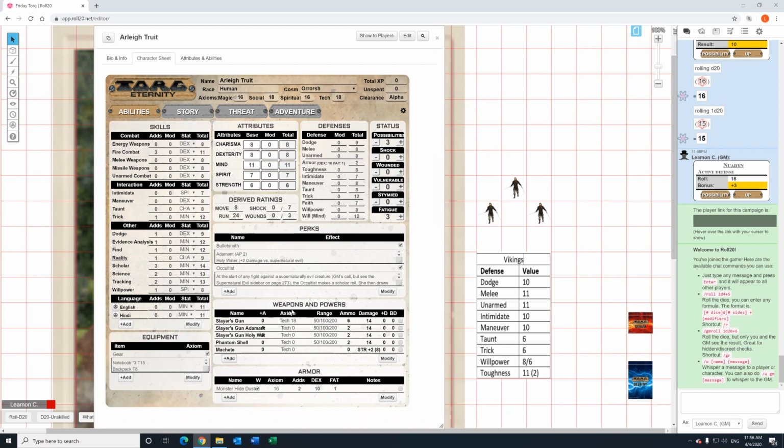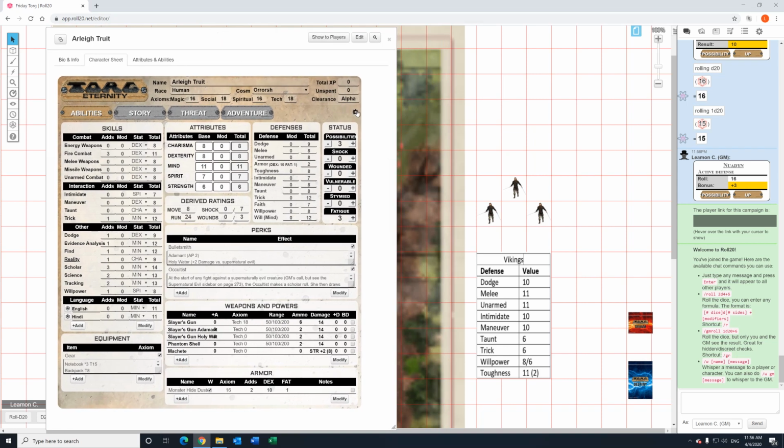She has, under her weapons and powers, each of the Slayer gun ammunitions. So adamant, holy water, and she has phantom shell. Her armor, everything's there. So if we go up to this gear box, you'll notice that it says use tokens